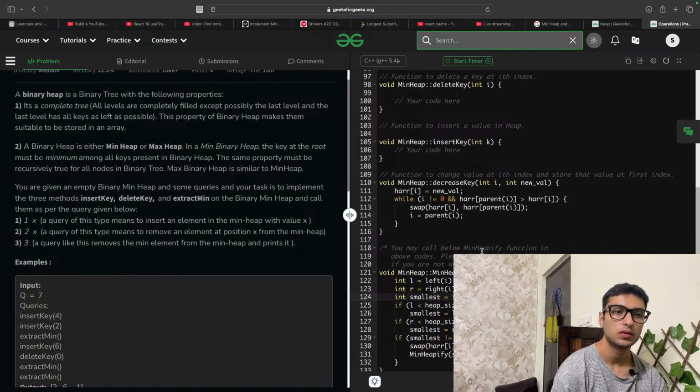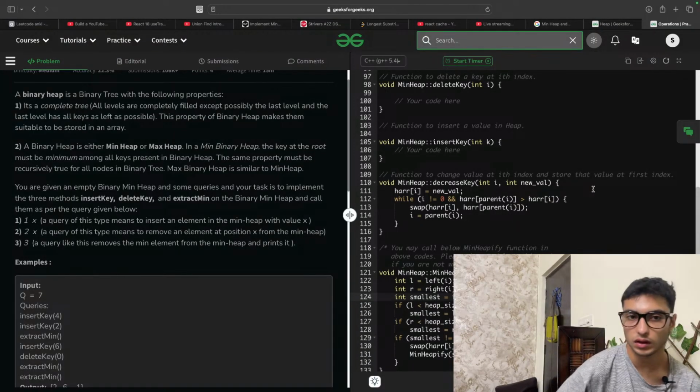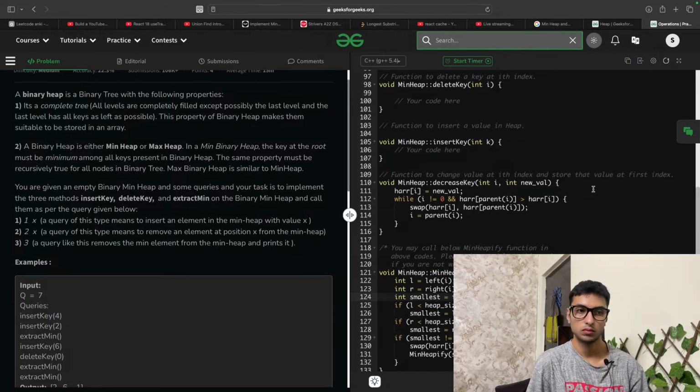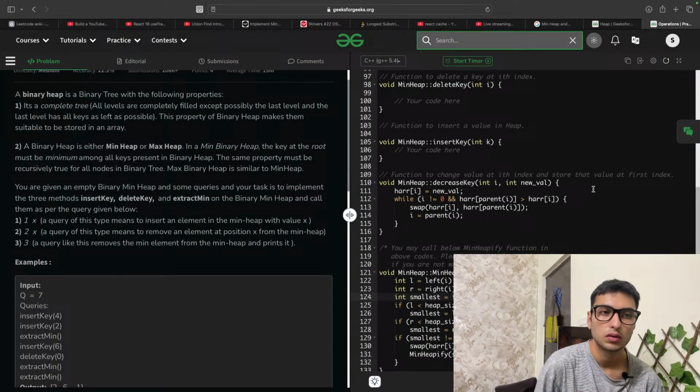Okay, I got it. This is a function to change the value at the ith index and store that value at the first index. Heap array I equals new value, got it. While I is not equal to 0 and the parent of I is greater than I, swap.